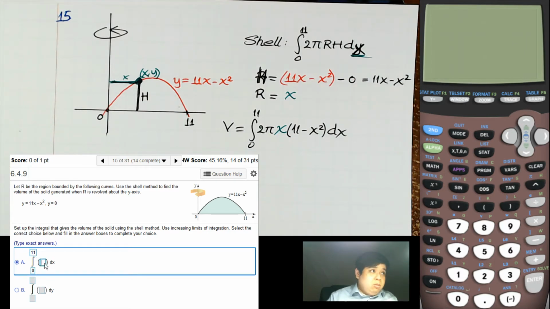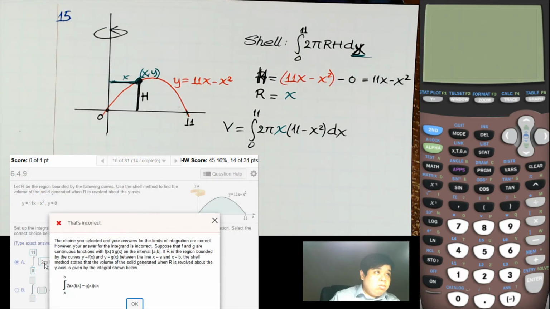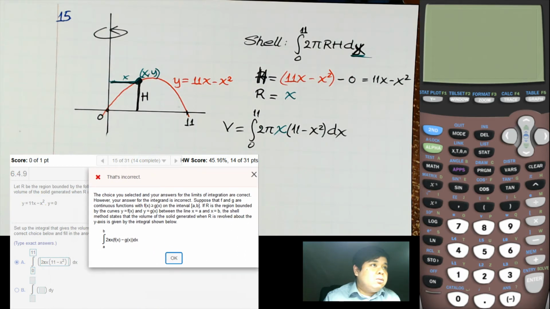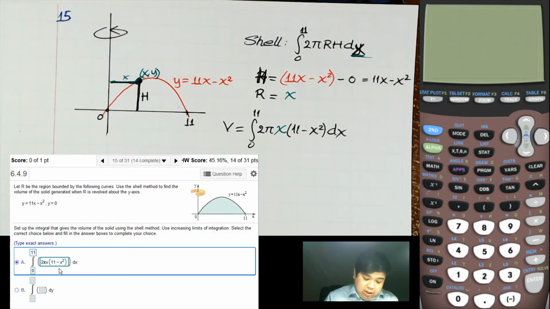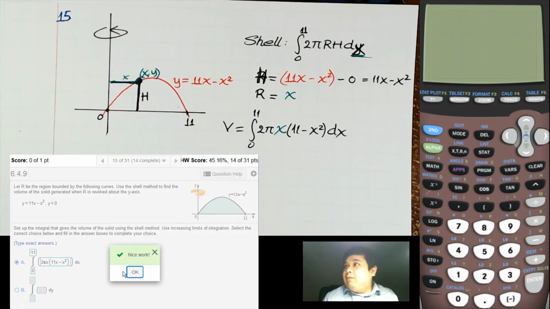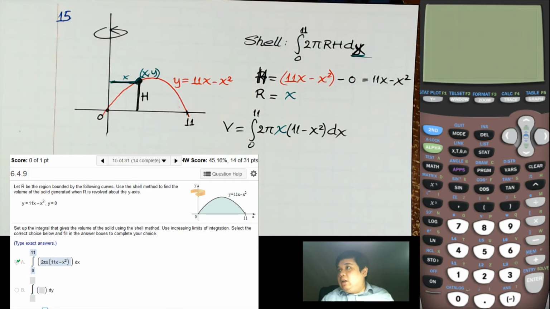And it will be 2 backslash pi x times 11x minus x squared, close. I just need to enter it correctly, 11x. The volume is